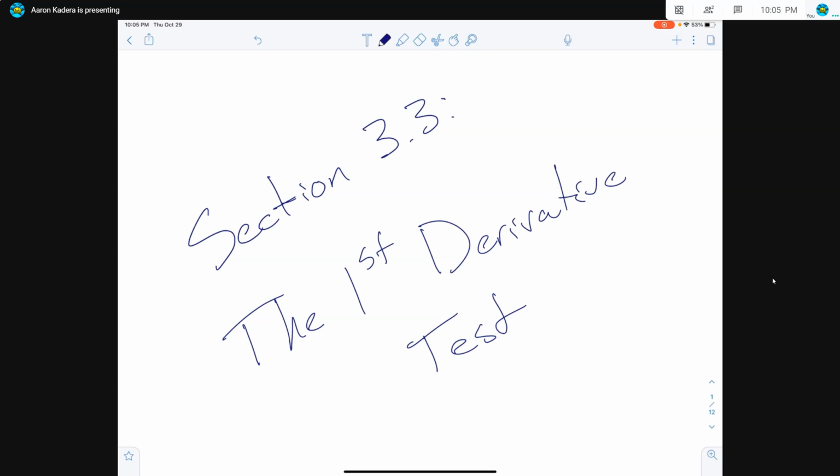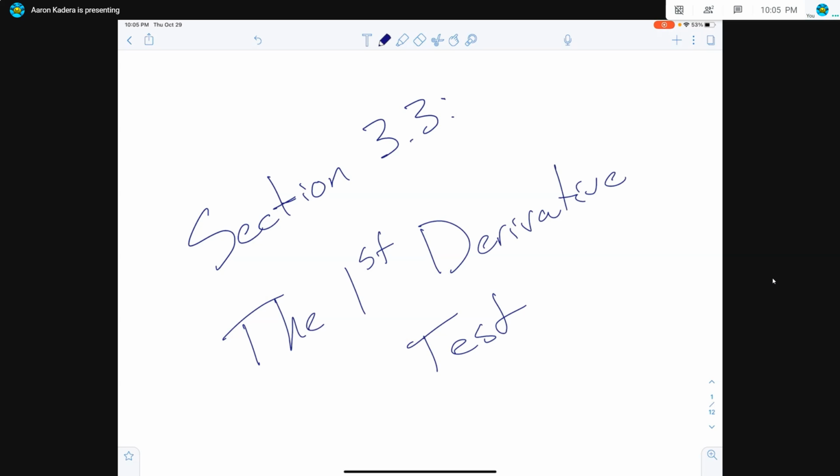Today we're going to talk about section 3.3. And this is a big piece of what calculus is, being able to take information from the derivative and apply it to what the function is doing. Today we're going to focus on something called the first derivative test. Yesterday we spent a lot of time on finding critical values. Today we're going to examine what the derivative is doing near those critical values and make some conclusions about the